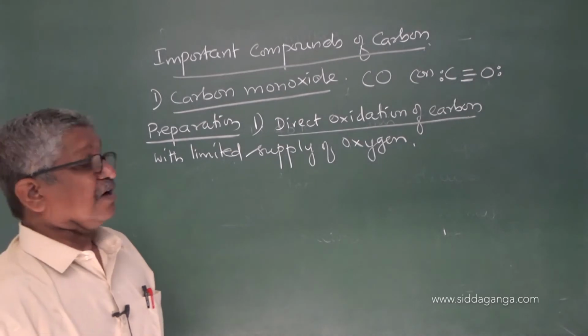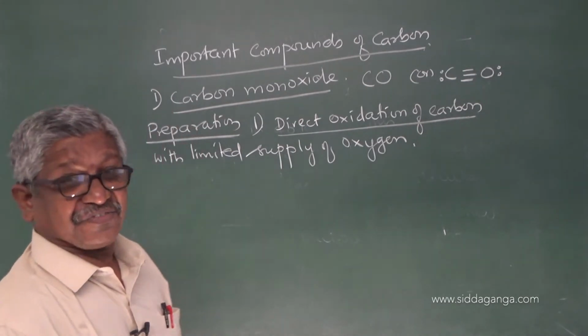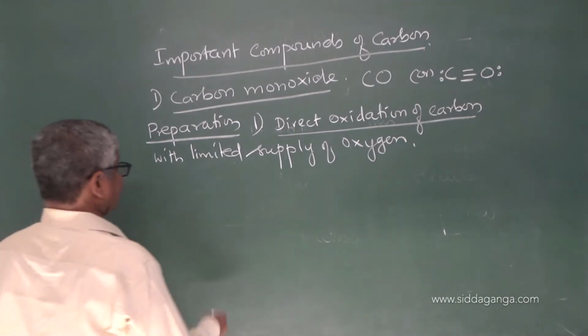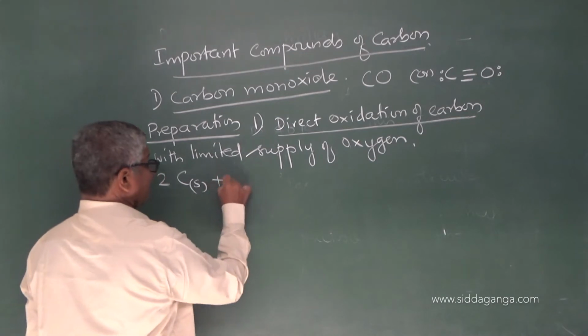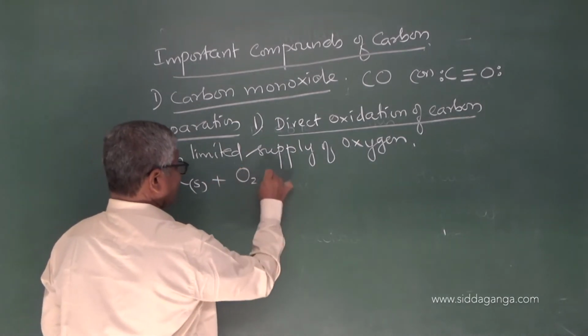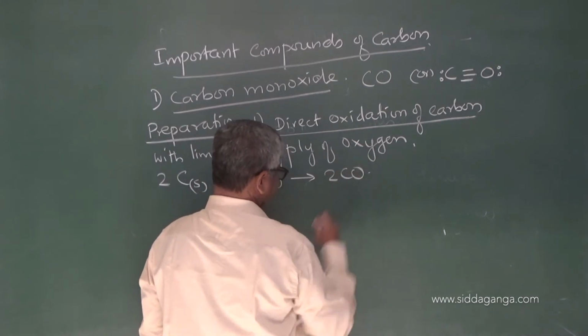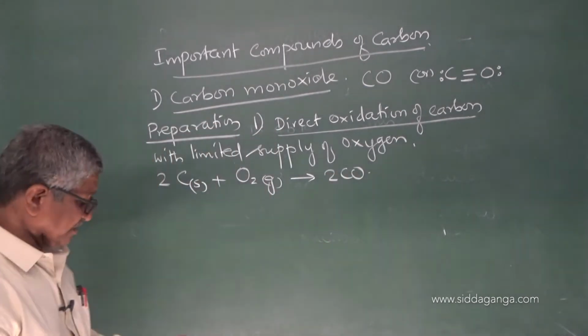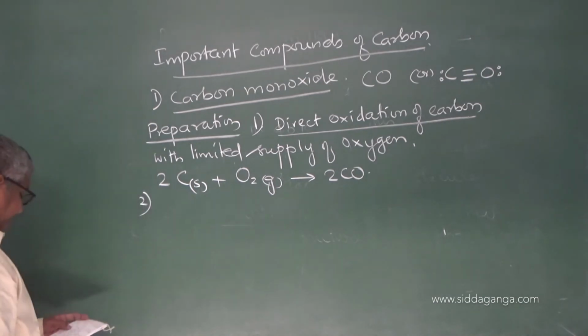Direct oxidation of carbon with a limited supply of oxygen gives carbon monoxide. Reaction: carbon solid plus oxygen gas gives carbon monoxide. This is carbon monoxide. In the second method of preparation,